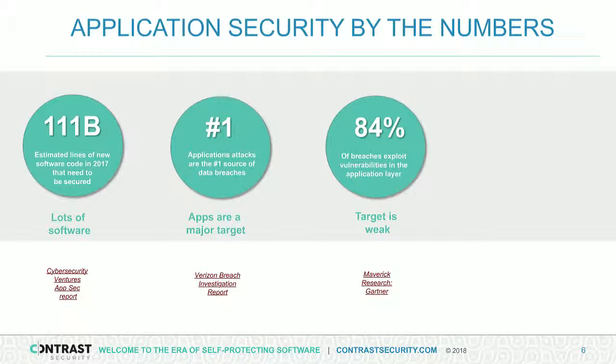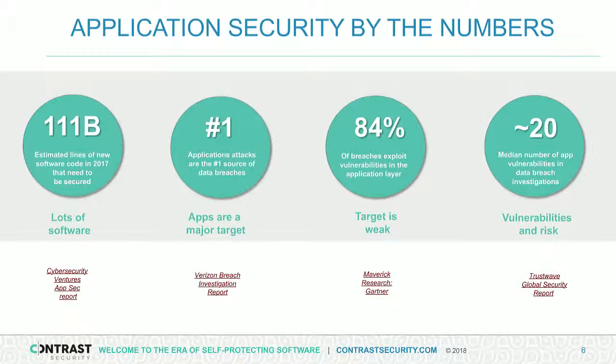The majority, 84% of breaches, exploit vulnerabilities in the application layer. There's lots of money being spent on network and endpoint security, and we understand that's money well spent on providing a perimeter solution, but I think we can all agree that we need a very comprehensive layered security posture for all organizations that includes security in the application layer, especially when you look at statistics